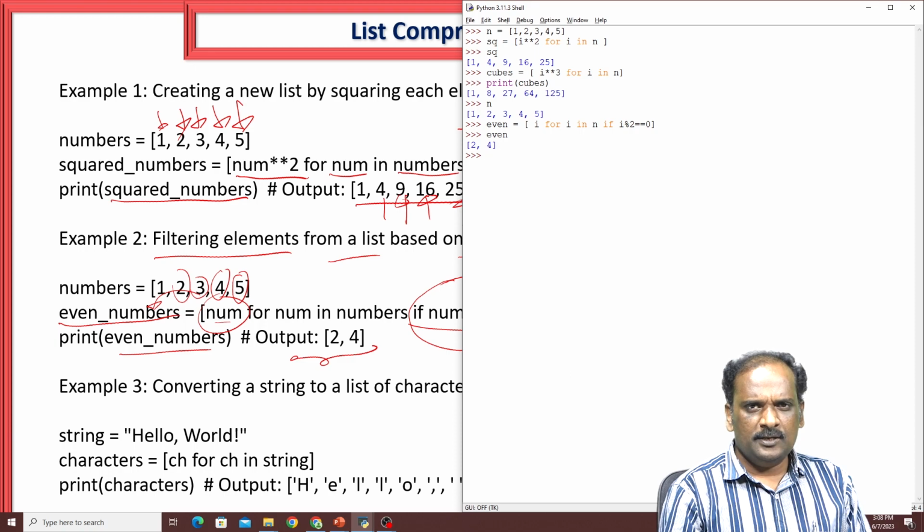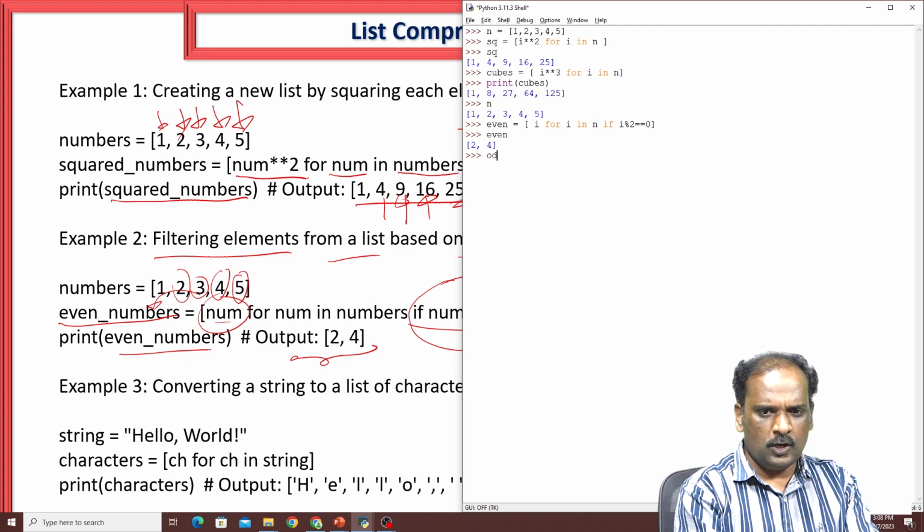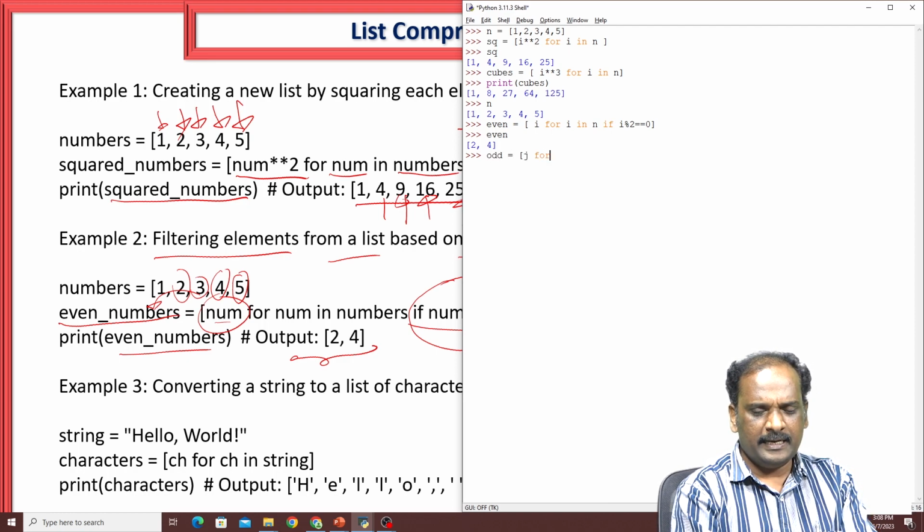This is how we can use list comprehension to filter out the values. So here we have created the new list E1 by using list comprehension. Now what if I have done like this? Odd is equal to j. j is the expression, so here j is the element, for j in n, if